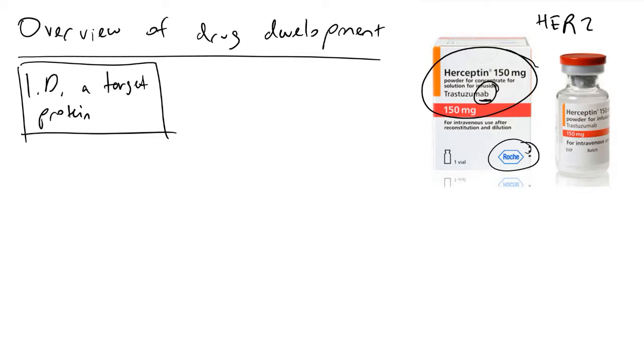And HER2, specifically HER2 positive cancer cells, so if you turn out to be a patient with cancer cells that are HER2 positive, that means they have lots of HER2 receptors on their surface, you are now a candidate for Herceptin. And so what Genentech did early on, before they even made this drug, is that they identified HER2 as